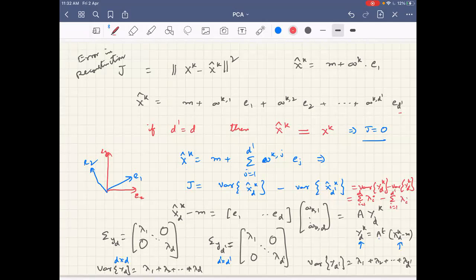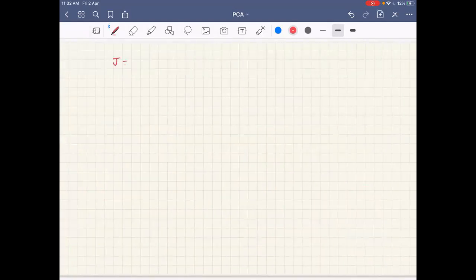So this essentially boils down to the error J, writing this as summation i equal to d dash plus 1